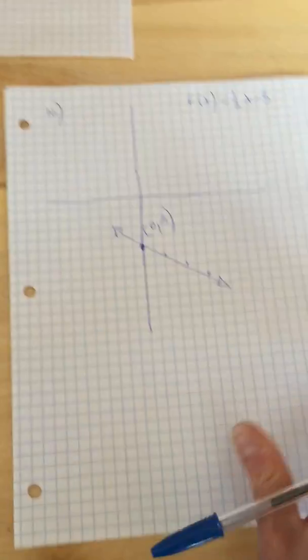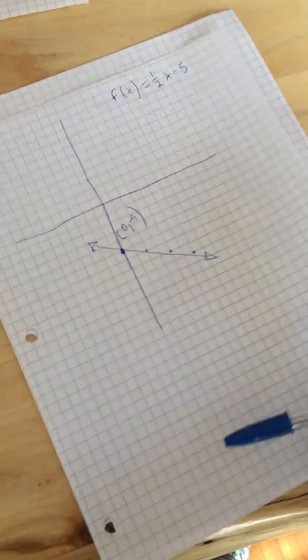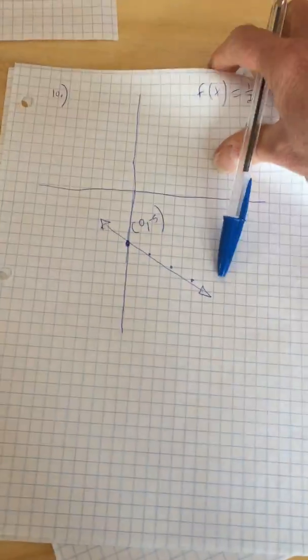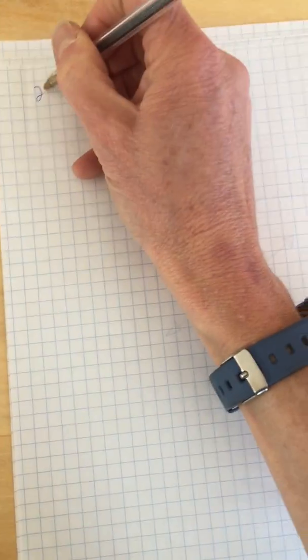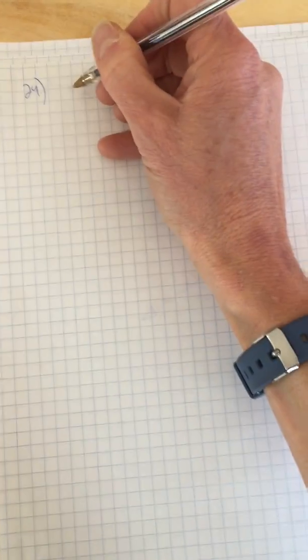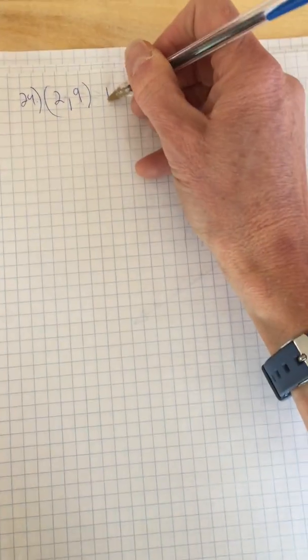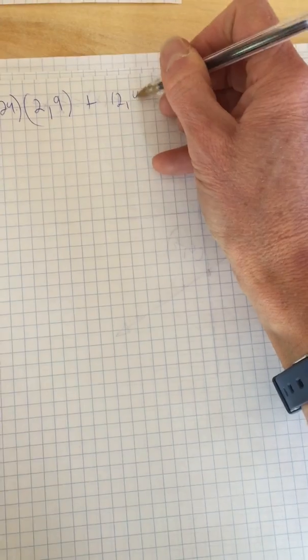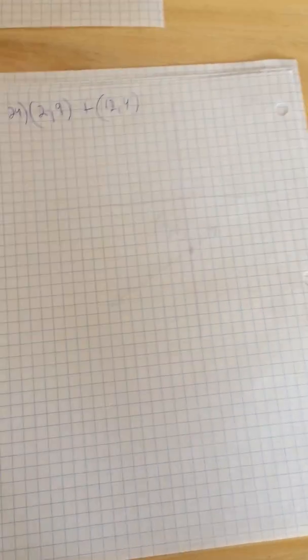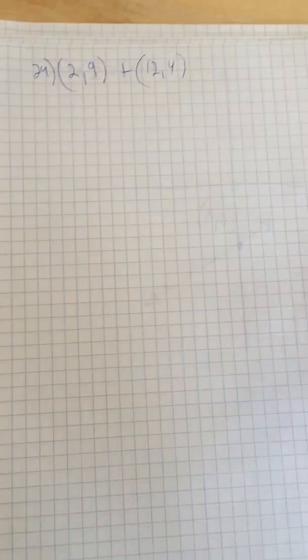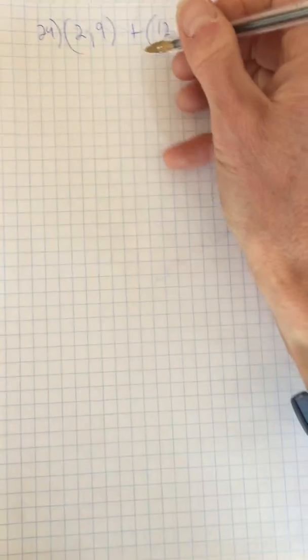And then the next one, I might need to flip my paper over. What I needed to redo was problem 24. Problem 24 gave you two coordinates. So here's problem 24. The two coordinates were (2, 9) and (12, 4). And let me just check that. Okay. And so if I want to figure out what the rise and run are,